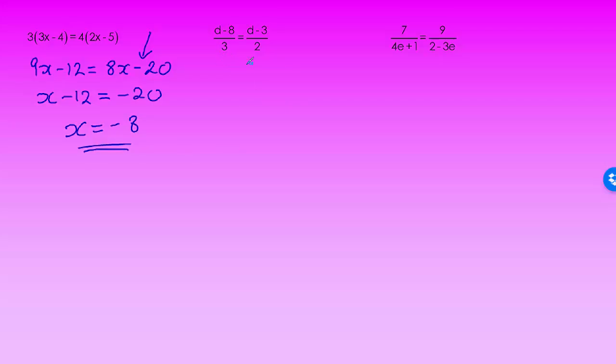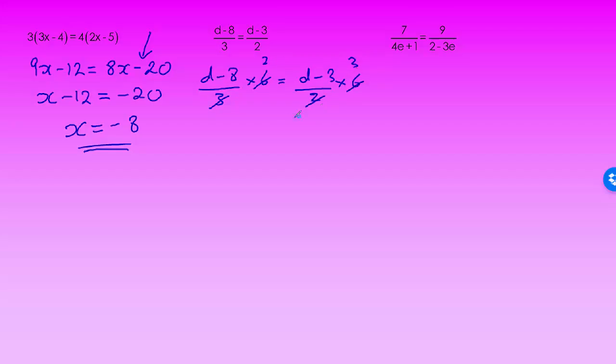The difficulty with this one is the fractions, but they're easy to deal with. Think of a number you can multiply by that will get rid of both fractions, and that number should be 6. So if I do d take away 8 over 3 and multiply that by 6, that's d minus 3 over 2. Multiply that by 6, and we can see we'll get some cancelling here